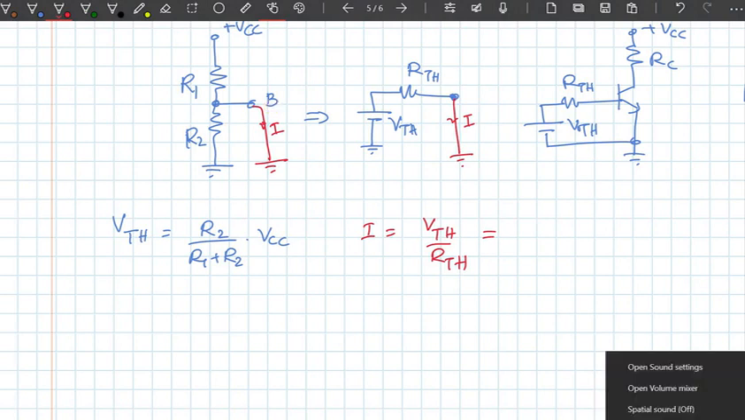I can apply the Kirchhoff's voltage law if I want to, on this or this loop, right? So either way I can find my RTH as, so if I apply the,